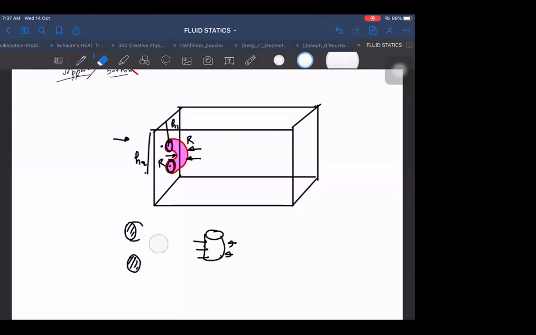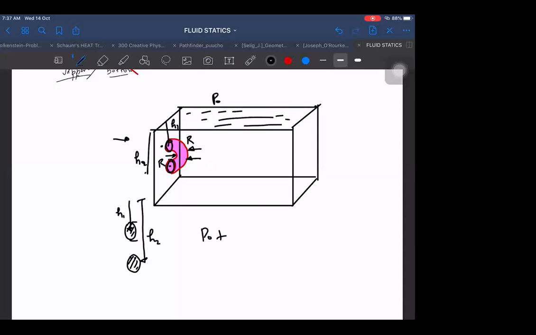So, what is the force due to liquid on these areas? That is how we will take the projection. The center of the first is at a depth h1, and the center of the second one is at a depth h2. Then start from the top. At the top, it is, let us say, p naught. It is filled up to the top. Then the force is p naught plus rho g h1 into pi r square. Second, I took the case of an oblique surface,